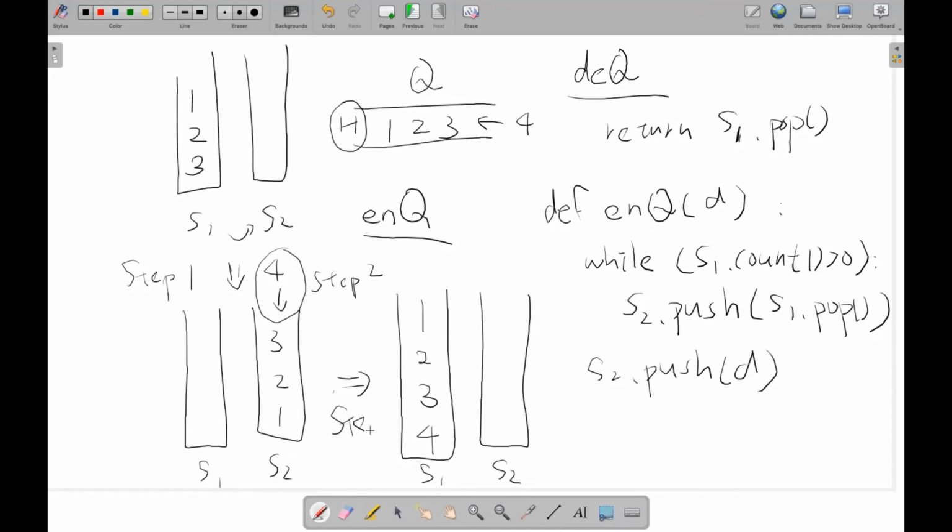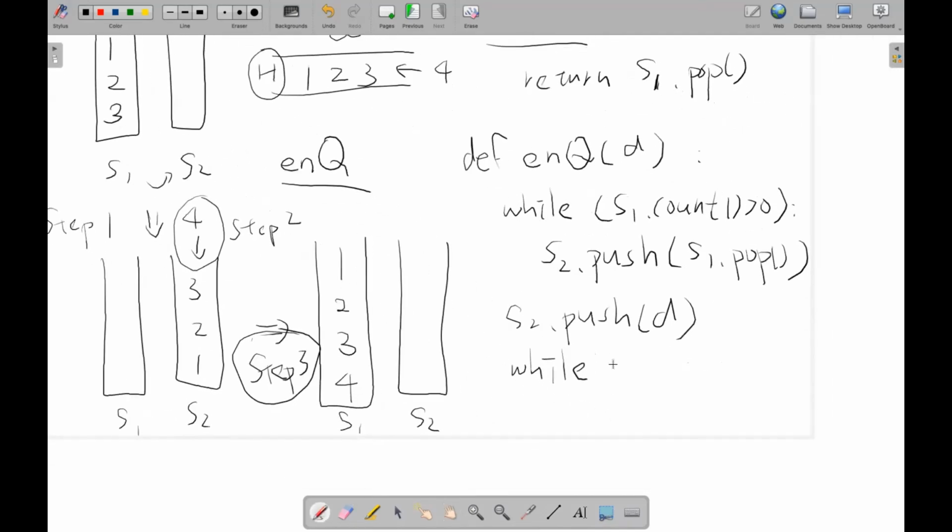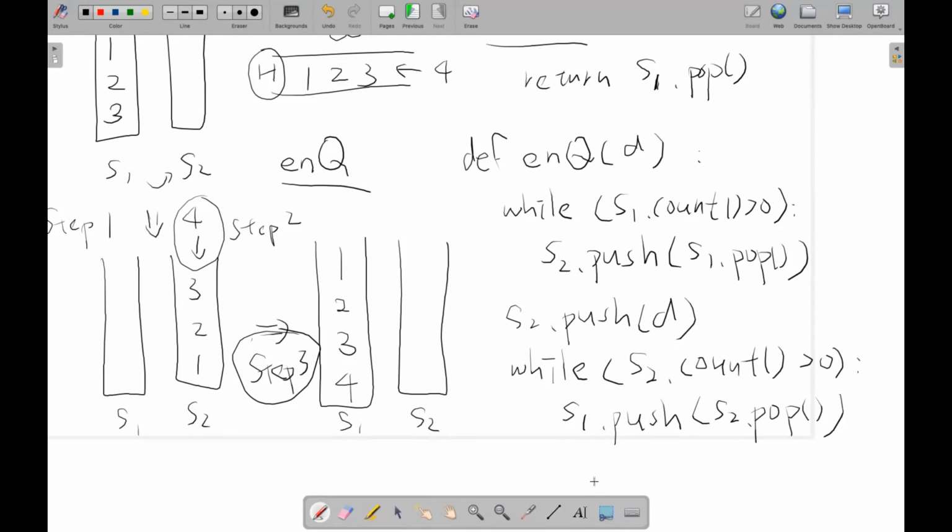Finally, we restore the content of stack 1, right? We repeat the same process, very similar to before, but this time we look at S2. While S2's content is greater than 0, we are going to push the content from S2 into S1. We pop from S2, but then we write it back into S1, right? So this corresponds to step 3, right? So we have step 1, then step 2, and then step 3, right? So then we completed the implementation of enqueue as well,